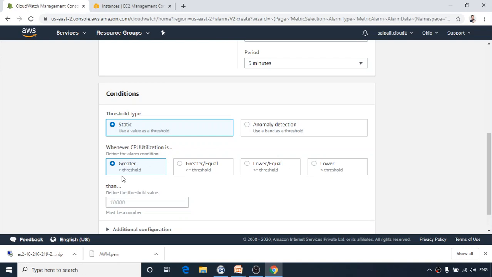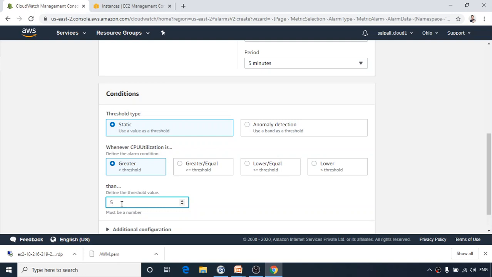So maybe I choose greater, and I set the percentage like 80%, 90%, 40%, or maybe just for practical purposes I set 5%. The meaning is that if the CPU utilization of my EC2 instance goes more than 5%, at that time the alarm should be raised, an alert should be there, and the action should be taken.